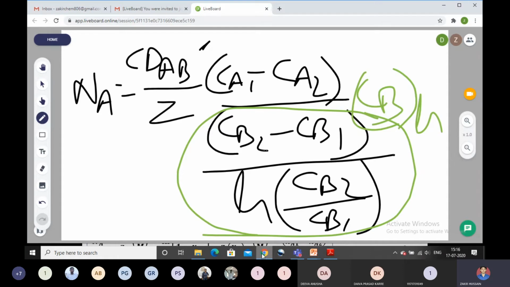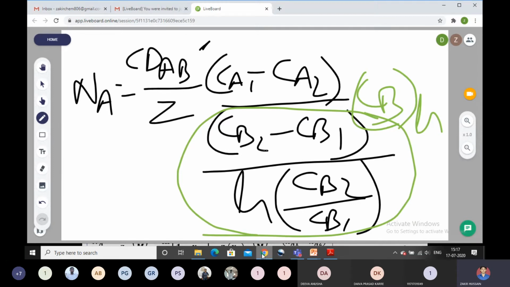It is given in your handnotes which you have uploaded to Microsoft Teams, which also contains the symbol CBM in place of CBln. I am writing here CBln. What does this mean? CBln is nothing but the logarithmic concentration difference, as in heat transfer. Similarly, you can encounter delta T LMTD, the logarithmic mean temperature difference. Similarly, this is the logarithmic mean concentration difference. Okay, now this is the concentration difference.